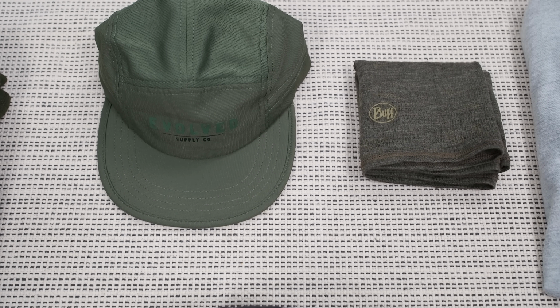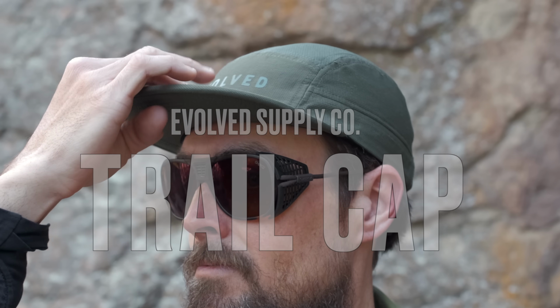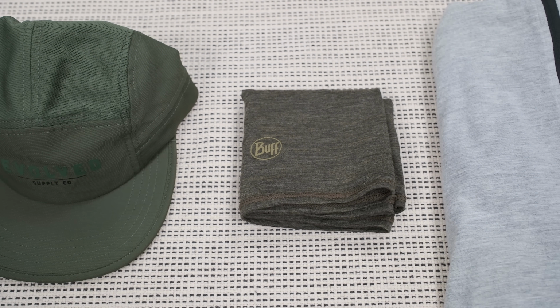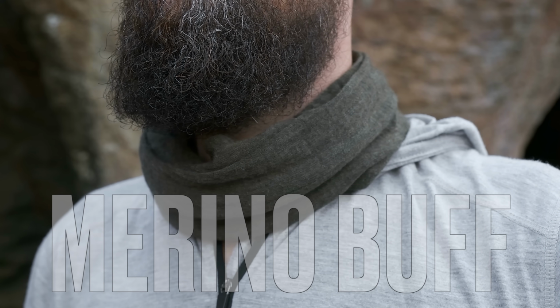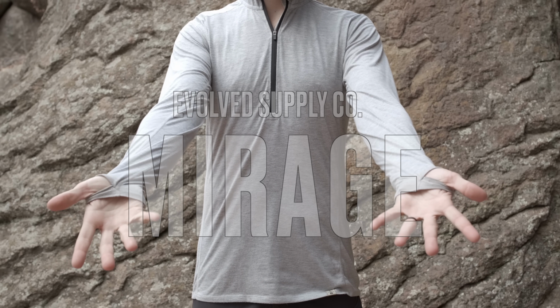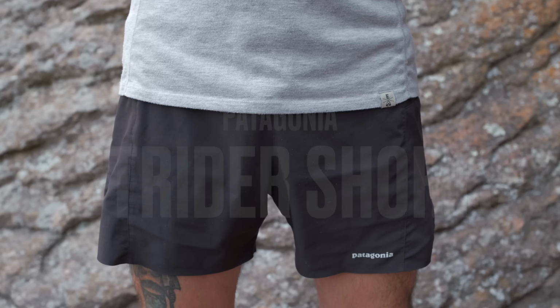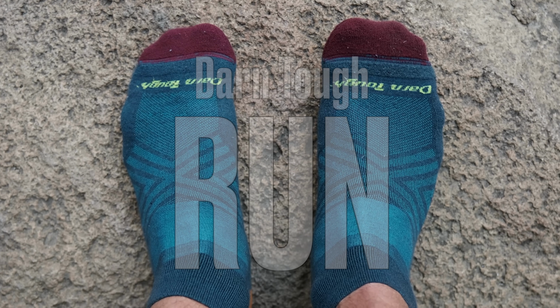Next up are the clothes that I was wearing for the entire hike. So to start off, I have a new Evolved Supply Co. running cap, a somewhat new piece of gear to me, which is a merino buff to replace my old one that I've had for years, an Evolved Supply Co. Mirage merino sun hoodie, a pair of Patagonia 5-inch running shorts, another pair of Darn Tough merino run socks,